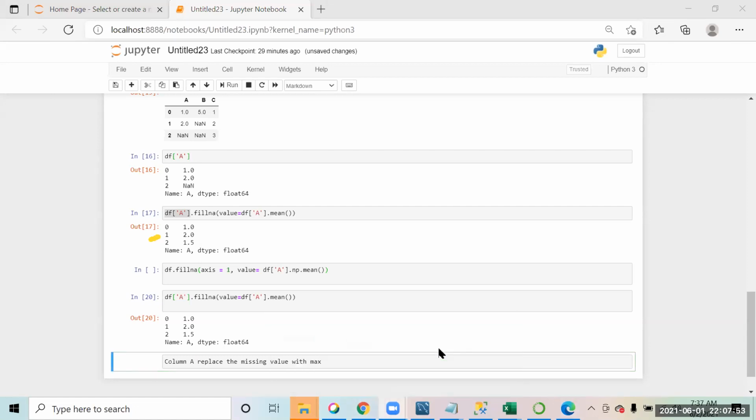So basically, just that one function has to be changed. Instead of mean, we will be using max.